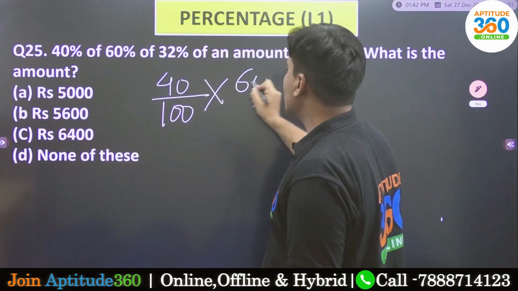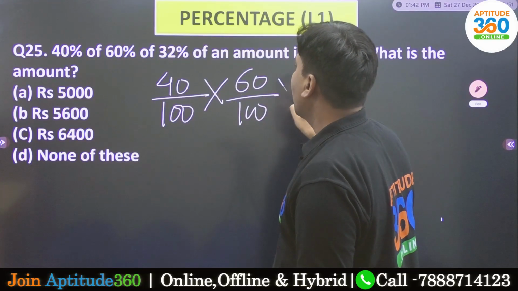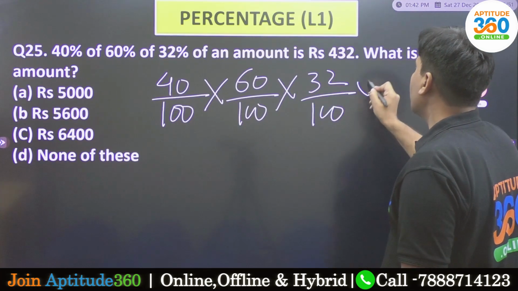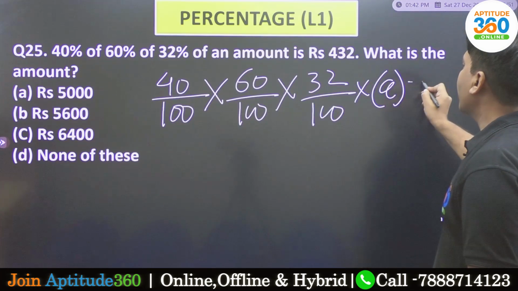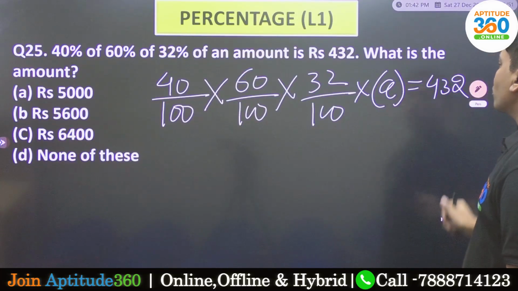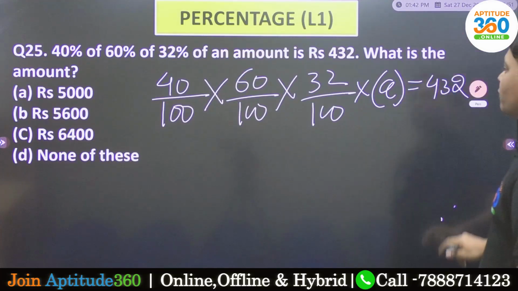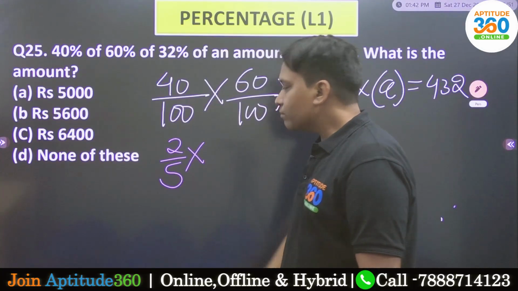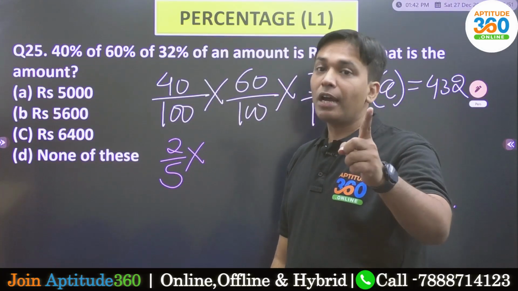60% is 60 by 100. And then 32% is 32 by 100 of a number. मान लो वो नंबर A है and that value is given to you as 432. So what is that you should be doing? You should be finding out the value of A. कैसे करोगे? अच्छा, जब भी एग्जाम में आ जाए तो 40% you should be aware of it now, that is